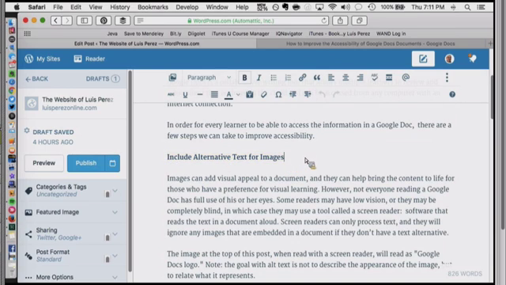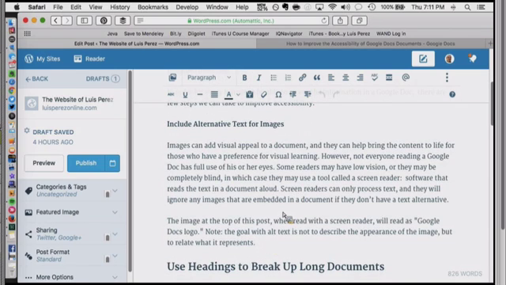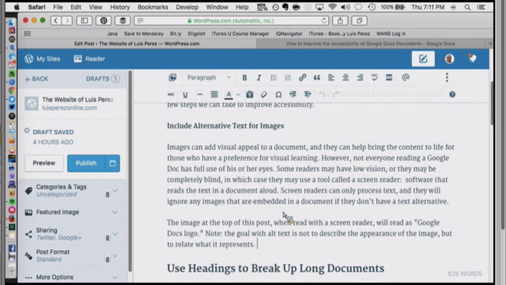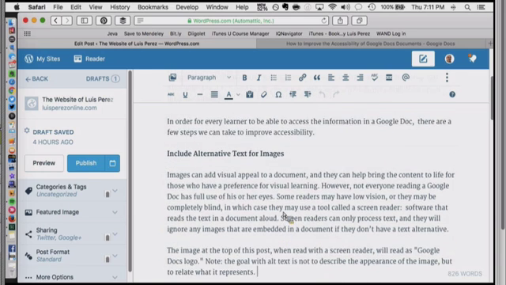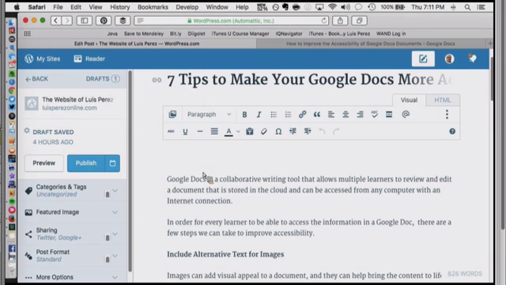And that's really important because some of our learners may have difficulties with their vision. I know one of those learners, that's myself. I have low vision, and sometimes I use a screen reader, especially when my eyes get tired at the end of the day. So when we add images, we're making our content more visually appealing, but we want to make sure that we also add a text alternative. So I'm going to do that very quickly here at the beginning of this post.